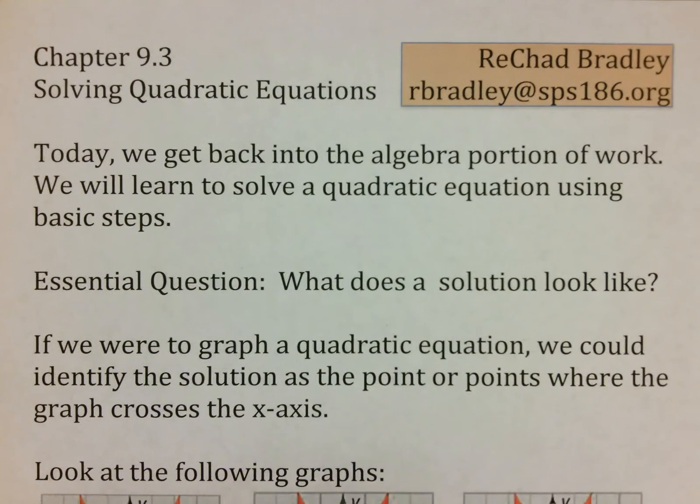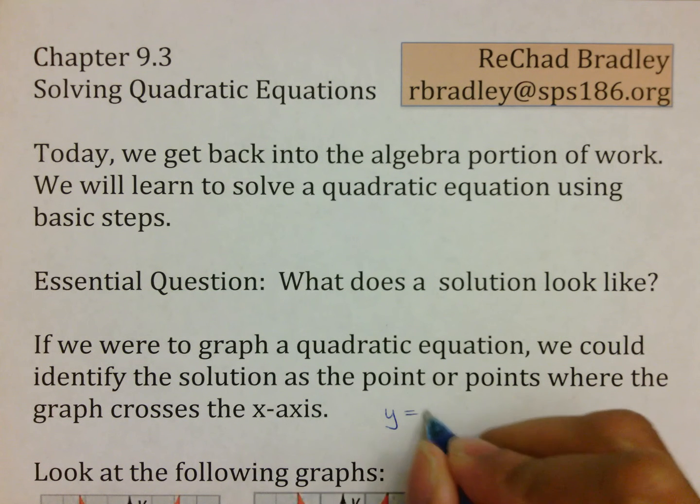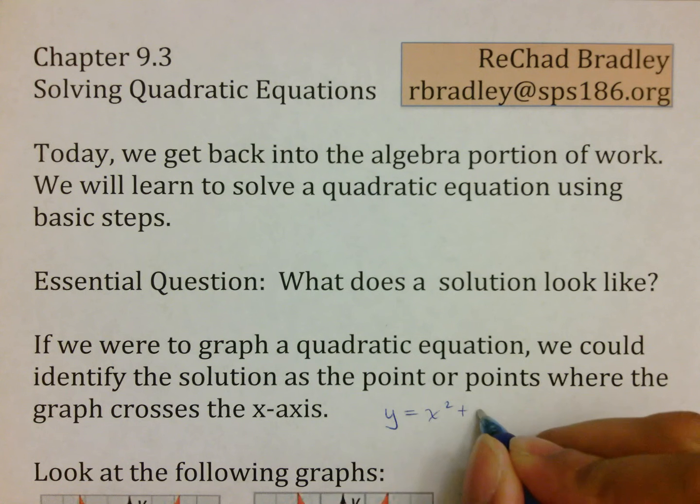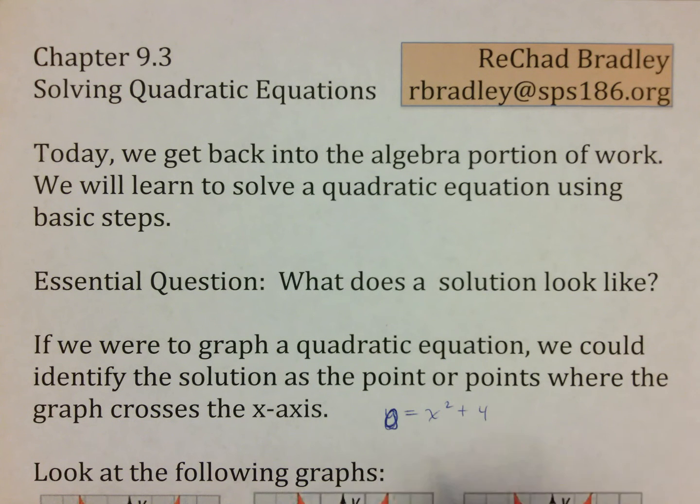So if you're looking at a graph of a quadratic equation, you identify the solution as the points where the graph crosses the x-axis. For example, if you look at y equals x squared plus 4, usually your solution is where y is 0, which means it's the spot where anytime y equals 0, you'd look at (4, 0) or (3, 0) or something like that. I don't know how much that helps, but if you look at the three graphs,